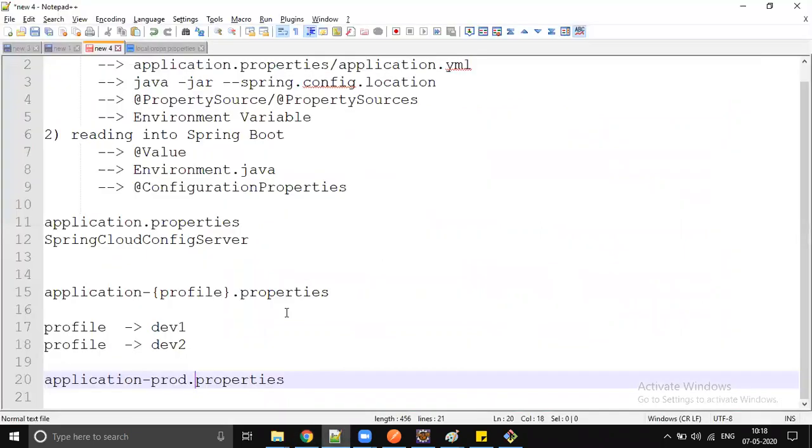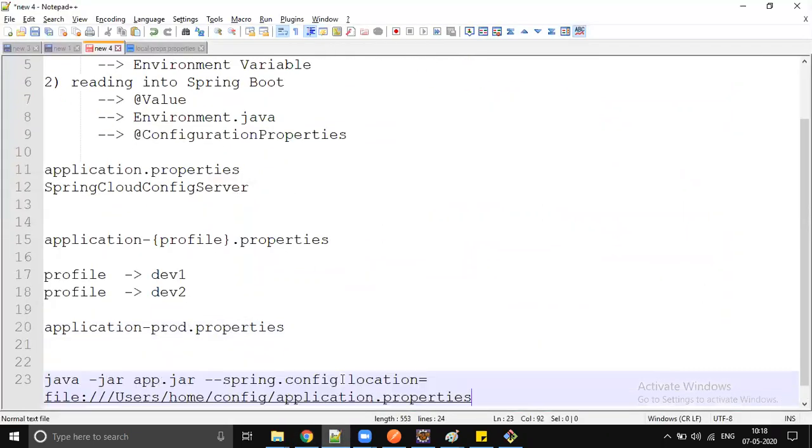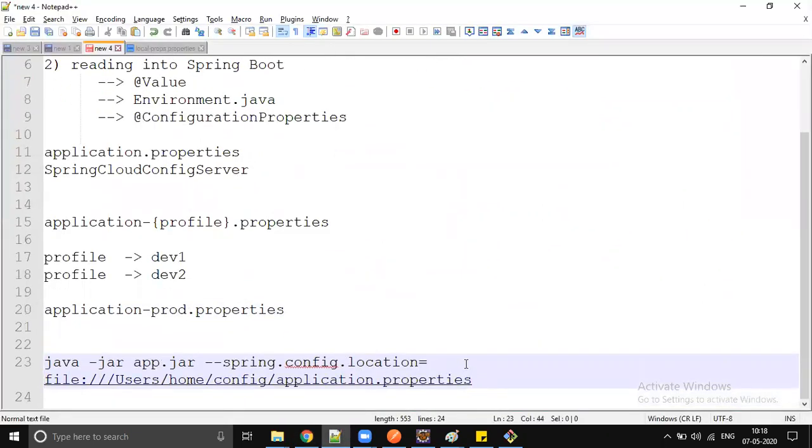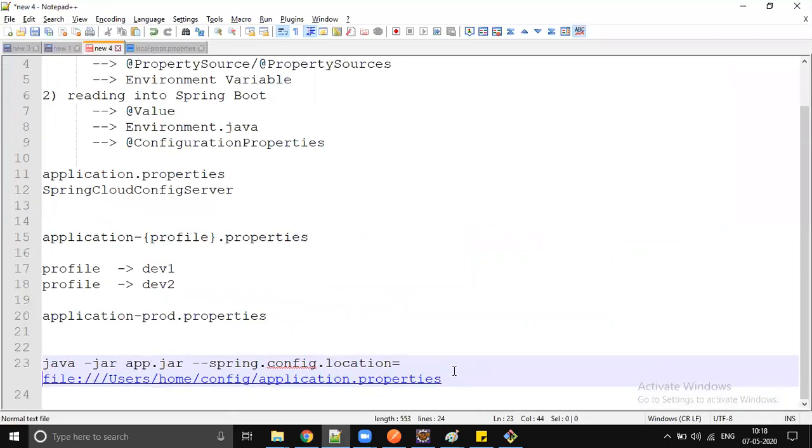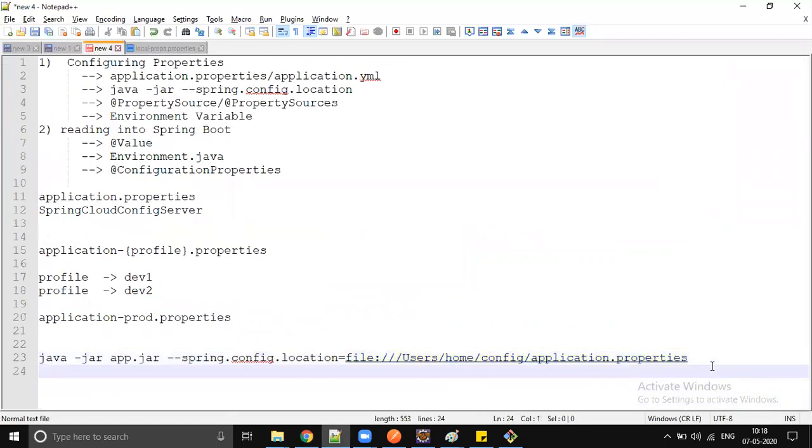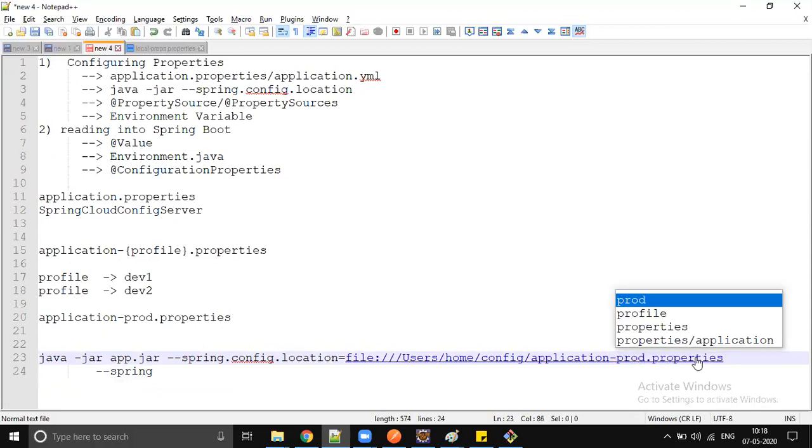So you do something like this: java -jar. Somewhere in the production server you keep the file, in some location. And you also need to specify which profile. So it's going to be application.properties, right? Then application-prod.